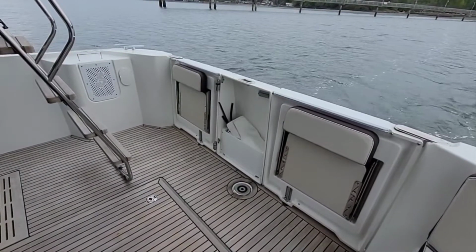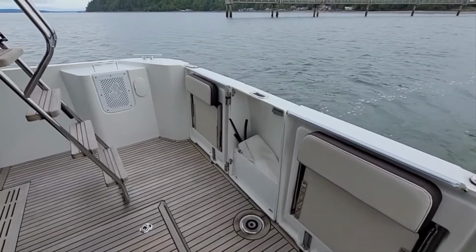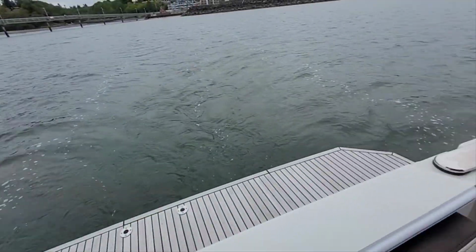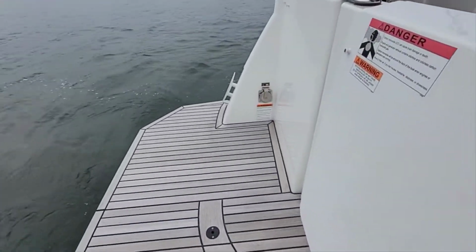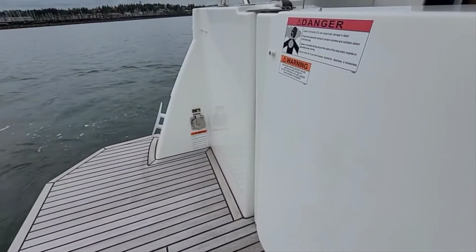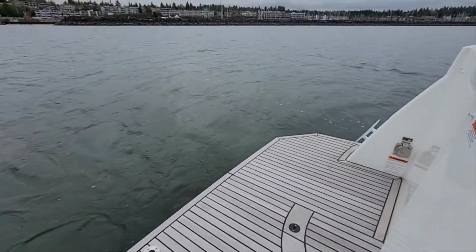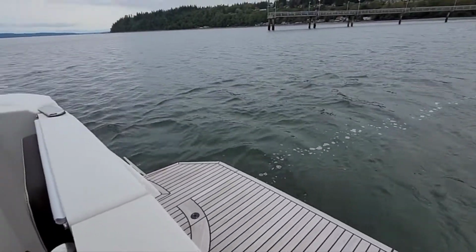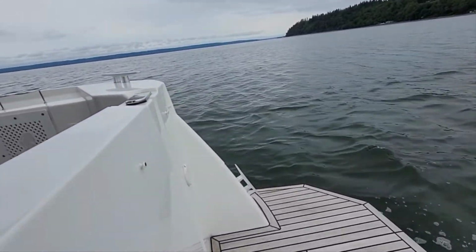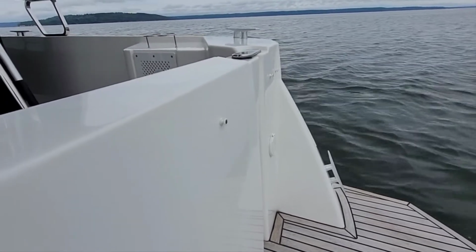Cool, we're back. It's pretty amazing how that table setup works. So let's kick on here. On the swim deck, you've got a 50 amp shore power connection. This is actually set up for Northwest Edition, so you don't really need 50. You could just reduce that down to a 30 cable if you wanted, and it'd still be working fine because